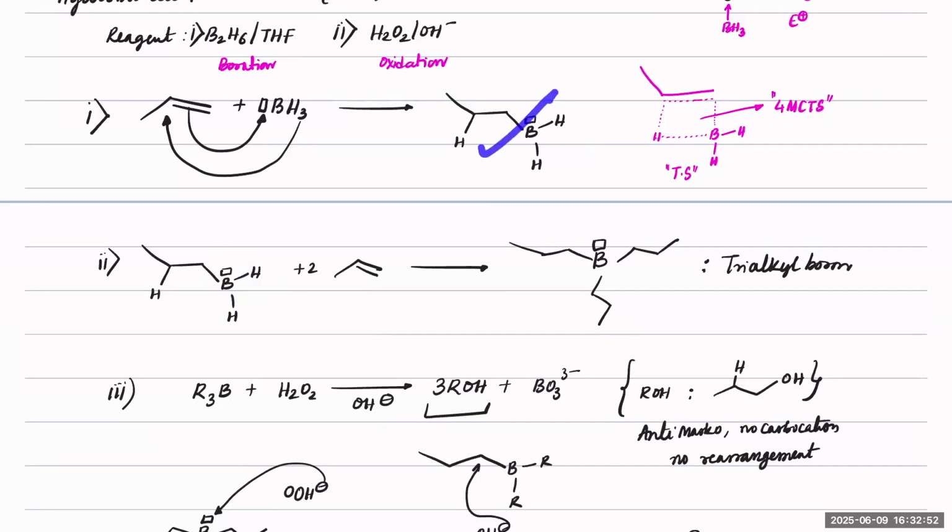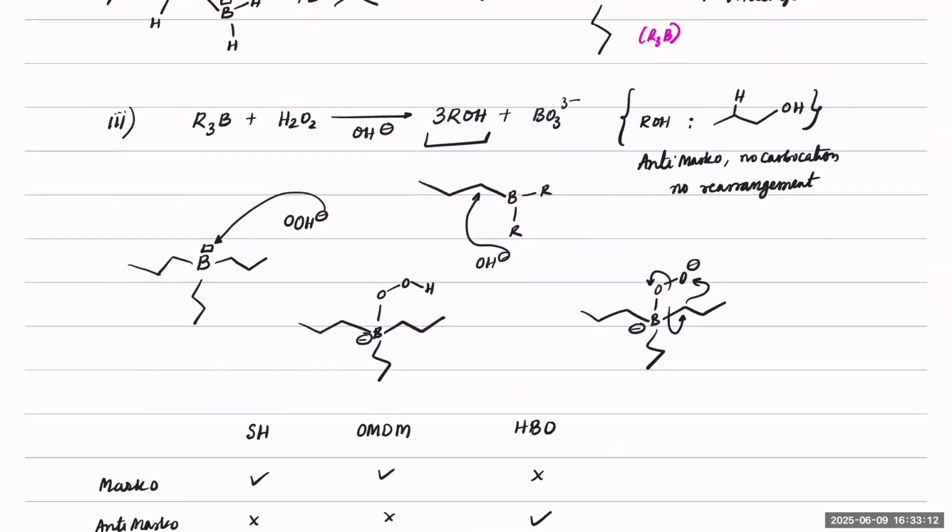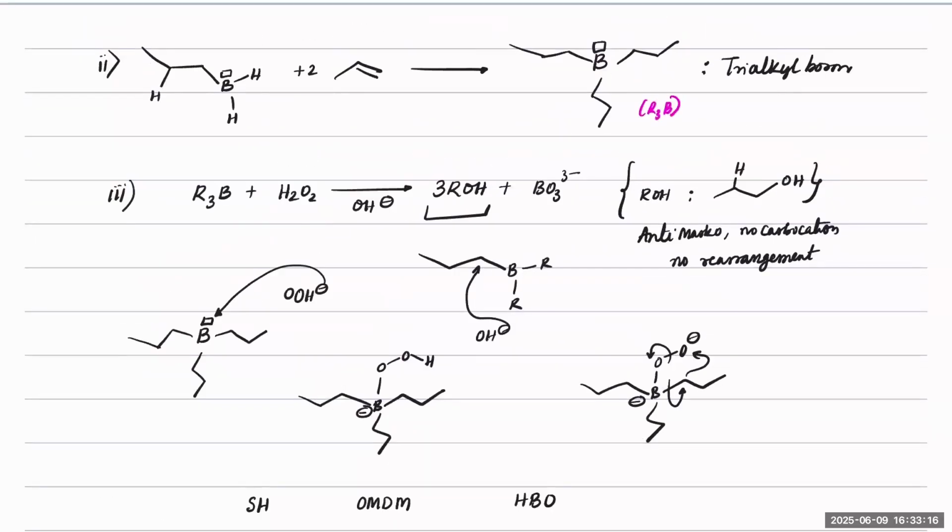First time I have shown you. 2 more times it will attack till all the hydrogens have been lost. So what is left now? We will be only left with tripropyl boron, isn't it? And if it is any other alkyl, you call it trialkyl boron. Or in short, it is R3B. Okay, trialkyl boron. Now, once you get a trialkyl boron, you react that with peroxide in the presence of